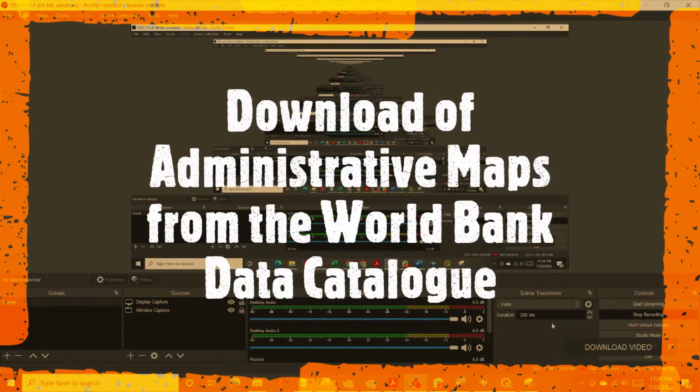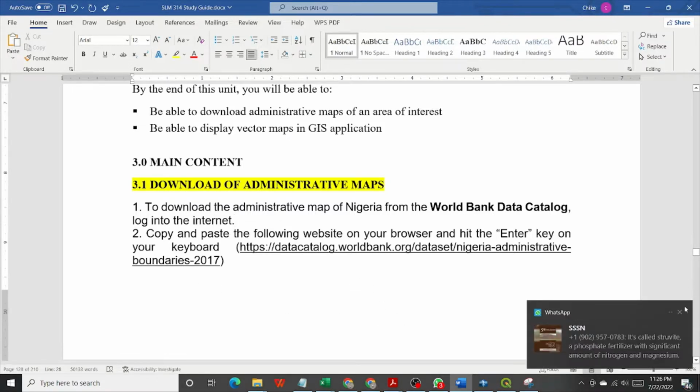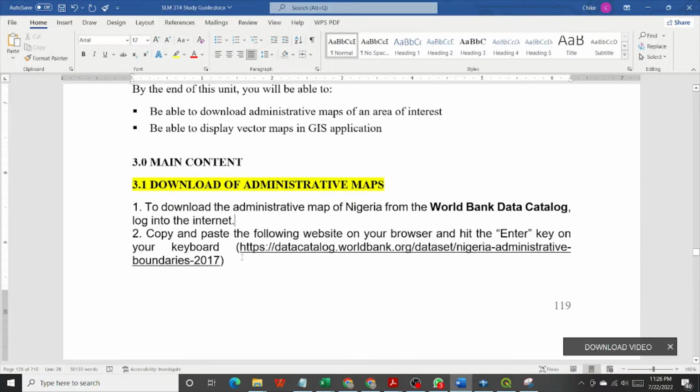In this tutorial, we're going to download the administrative map of Nigeria from the World Bank data catalog. The first step, of course, is that you log onto the internet, and then the second step would be to copy this web page, this web address,